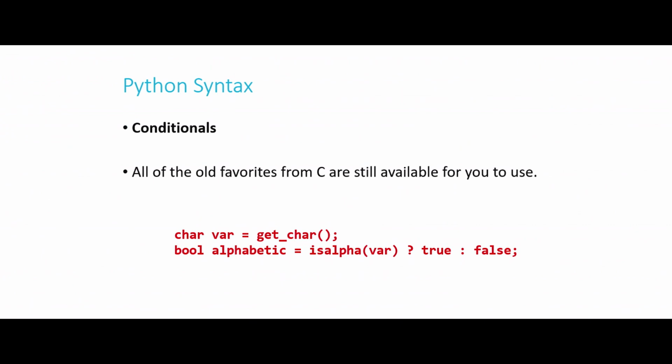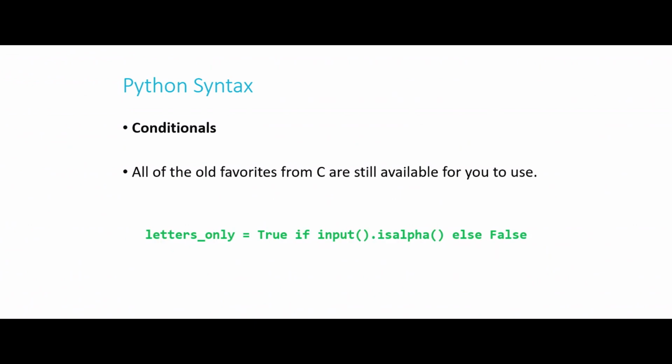We also have question mark colon, the ternary operator. It looks a little bit different. I'm going to show it here just so you see it, but generally it's a little bit weirder, so you might not use it all that frequently. So here what we're doing is we're getting a character in C, and then if that character is a letter, alphabetic gets assigned to the value true. Otherwise, it gets assigned to the value false. Here, that line would look like this. It's a single line of code, and we have our true and false. Notice that they are now capitalized as opposed to in C where they're lowercase.